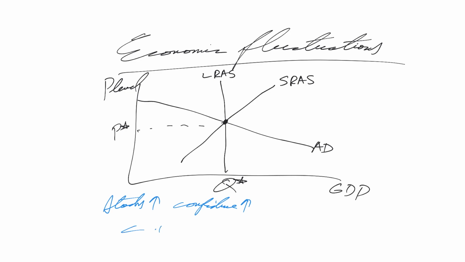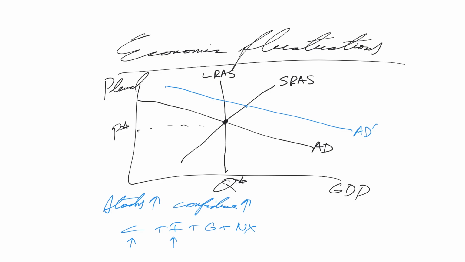Well, here's our components of GDP, or aggregate demand. A high stock market's going to increase consumption, but it's also going to increase investment too. High stock market will make it cheaper for firms to raise financing. They get a bigger bang per share of stock that they issue, and that can stimulate financing and capital investment as well. So that is going to shift the aggregate demand curve out to the right.